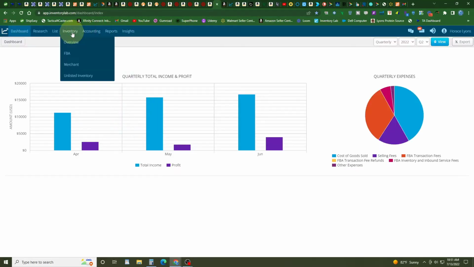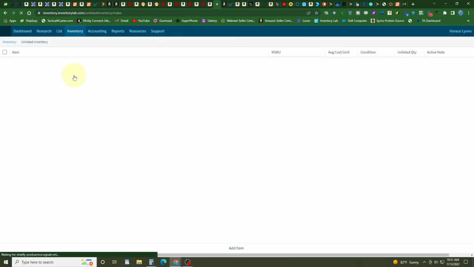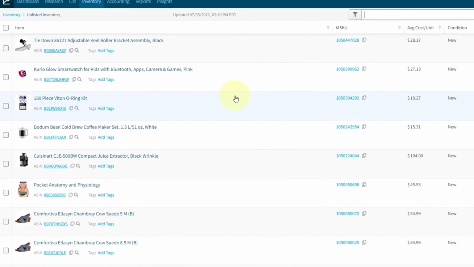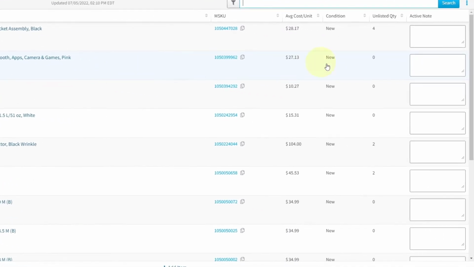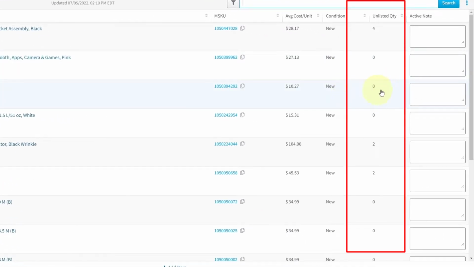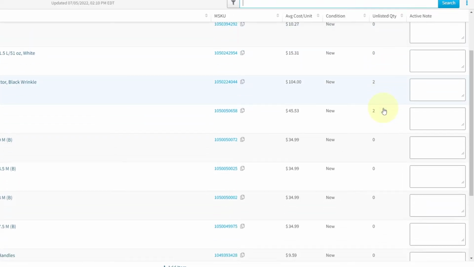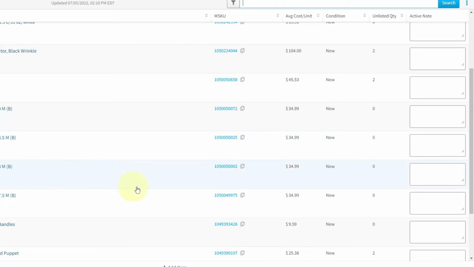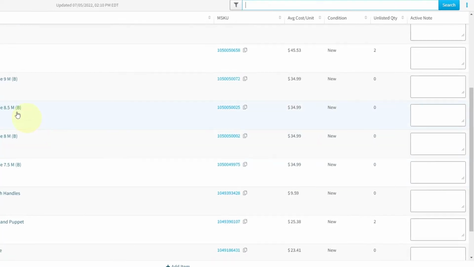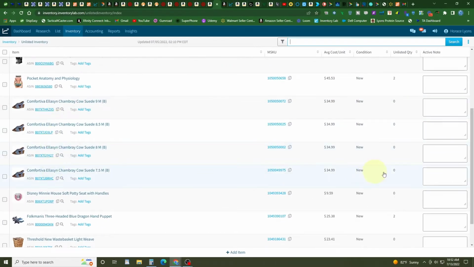I'm going to come to inventory and I'm going to go to unlisted inventory. In unlisted inventory, I can see products that I have ordered, and it's going to show me the quantity that I have listed. Okay. And it's going to show me, for example, once it comes in, all these shoes, you see